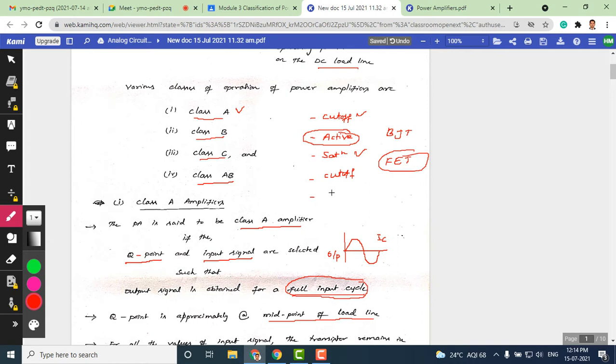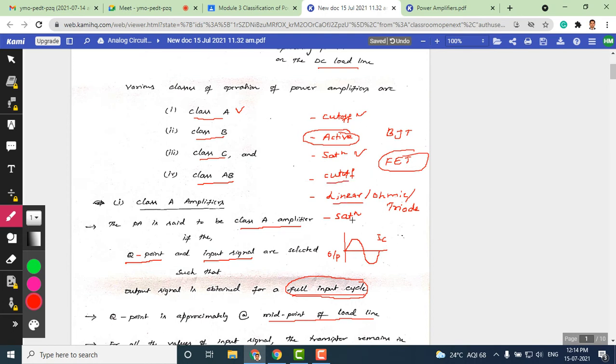Very important region: the linear region. Have you come across the linear region or ohmic region? You might have studied this in electronic devices, right? Ohmic region or triode region, these are all the same. The third region is going to be saturation. Saturation is almost the same as what you see here. But here, when you look at the characteristics, this is how the FET can be operated.